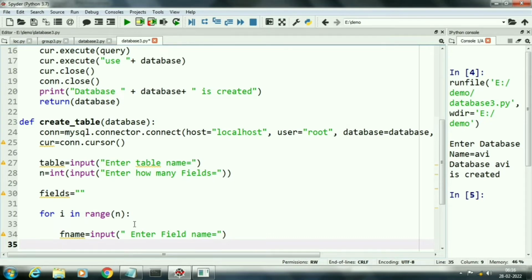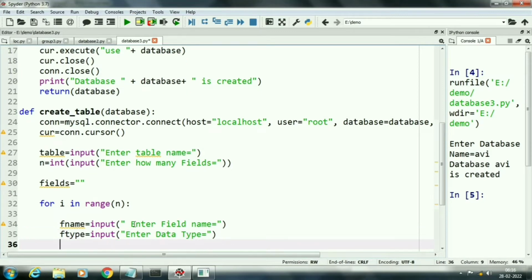In the second input statement, we will input the data type of our field. In the third input statement, we will input the size of our field.